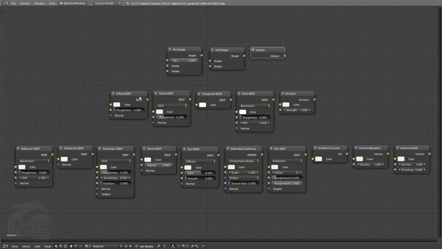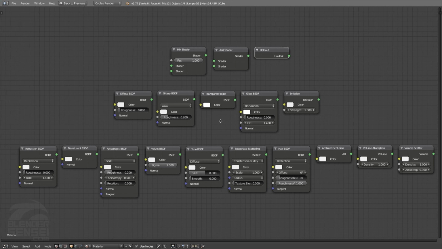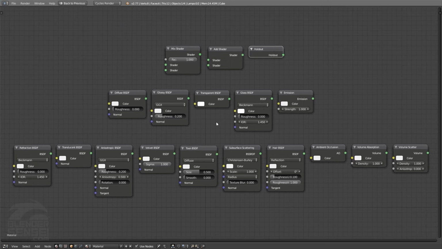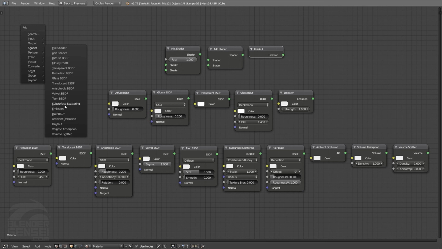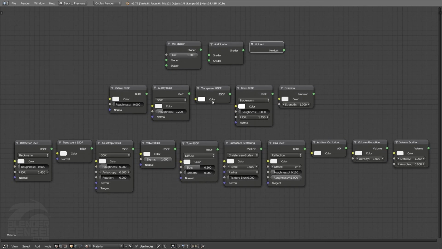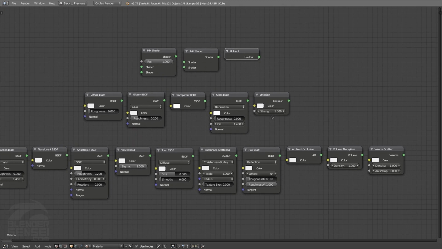Next, we have what I really consider to be the bread and butter of the shader node set. Of course, some of this is subjective depending on what kind of stuff you normally like to make. I'm sure that there's people who would wildly disagree with me here about this hierarchy, but I wanted to at least present some kind of hierarchy to new users to help create some mental breathing room in dealing with this big list here. So these 5 shader nodes, diffuse, glossy, transparent, glass, and emission, are nodes that you'll be able to plug into